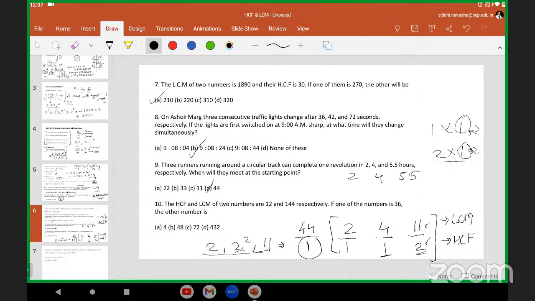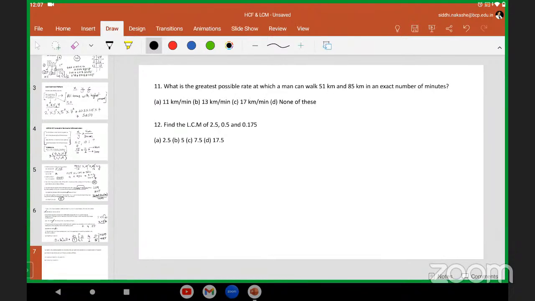सबका आ रहा है 48, चेक करो। Yes, sir. ओके फाइन। क्वेश्चन नंबर 11 देखो।